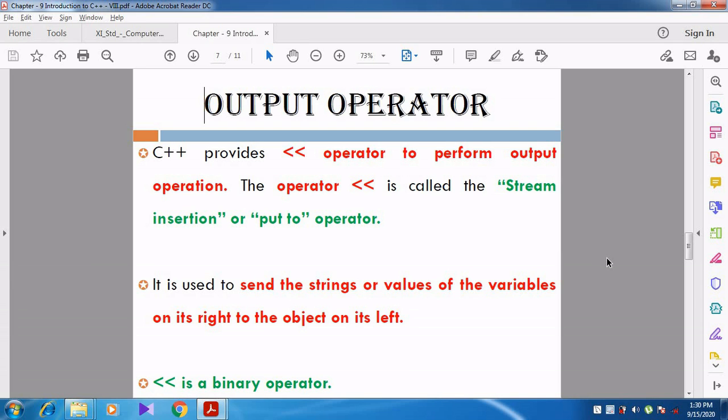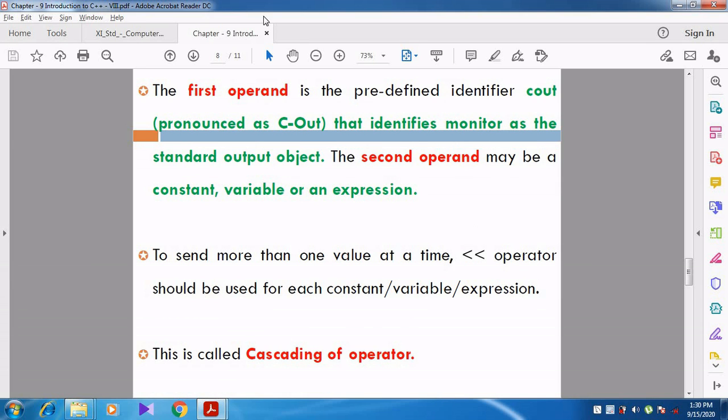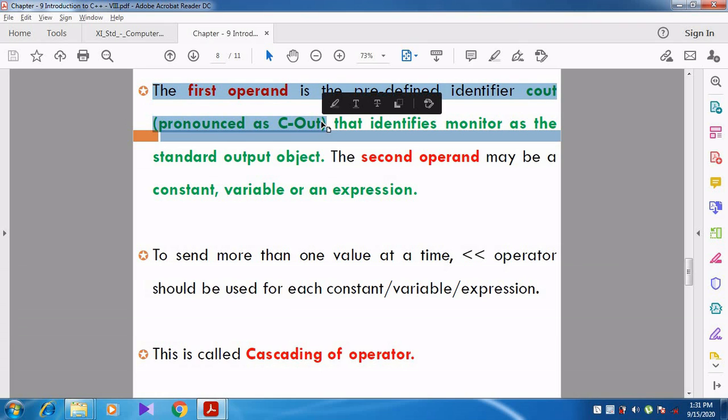See here, why is it called a binary operator? The first operand is the predefined identifier, pronounced as Cout, that identifies the monitor as the standard output object. So which is the output object here? The monitor is the output object. We are going to see the output only on the monitor.